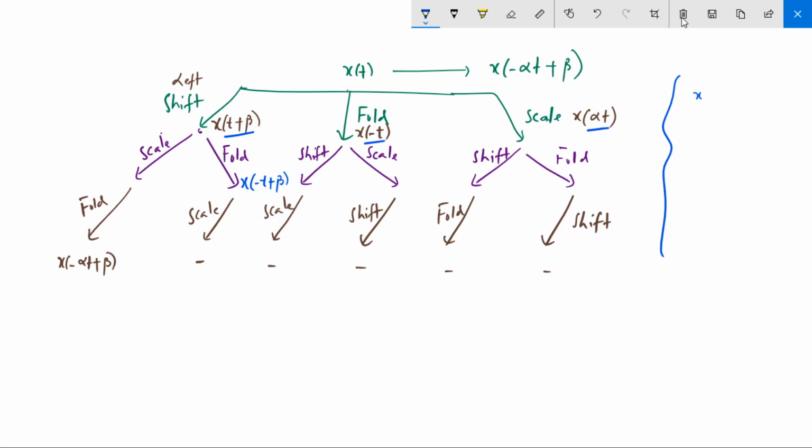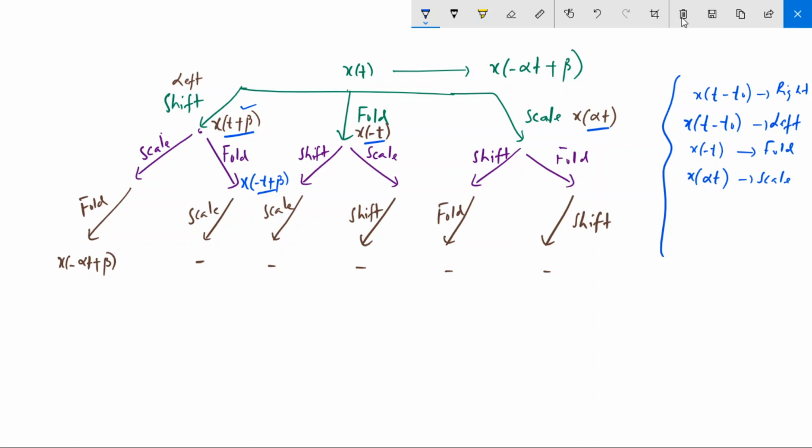In the time shifting operation, t is replaced with t minus t naught for a right shift. In x(t), t will become t plus t naught if it is a left shift. t will become minus t if it is a fold, and t will become simply alpha t if it is a scale. Okay. So I have shifted to the left, I got x of t plus beta here, then folded it,